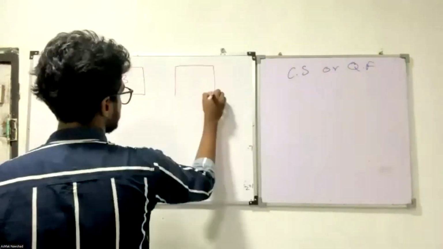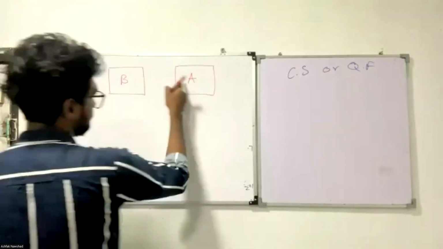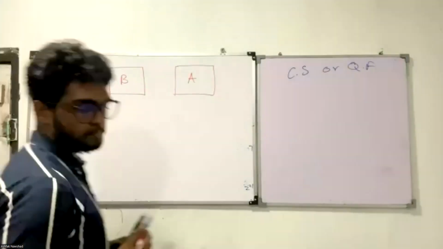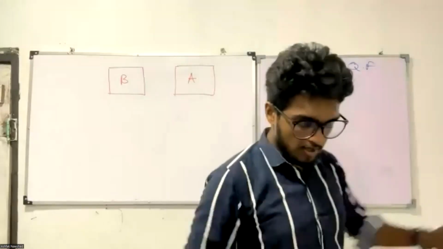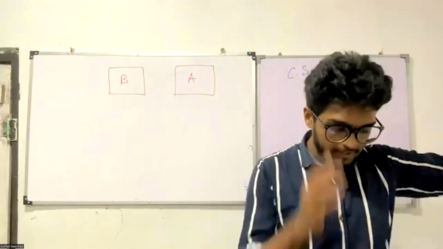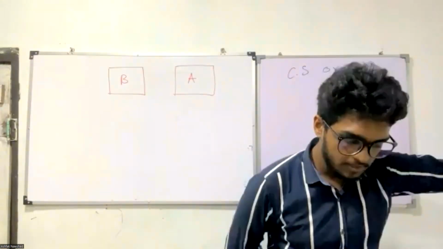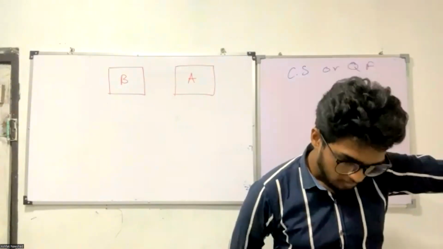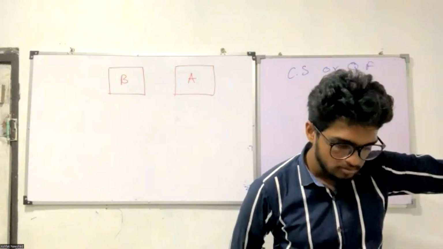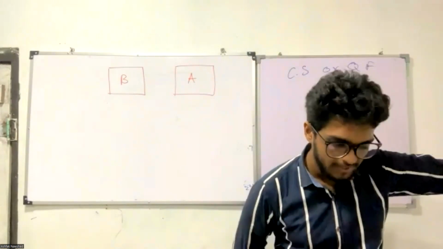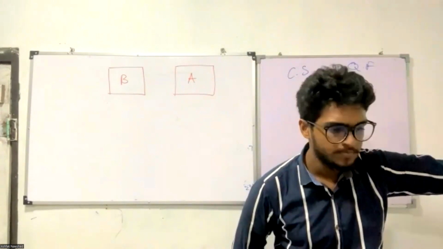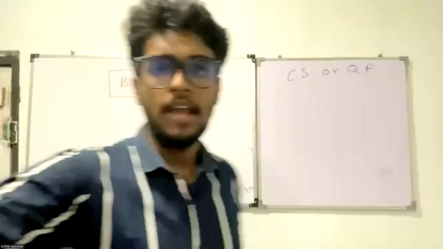There are two squares, one is A and one is B. They are talking about lengths. Before that, read the very last sentence. By taking the length of a side of square lamina A as x, they say take the side length